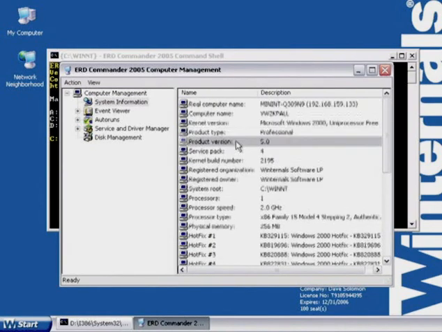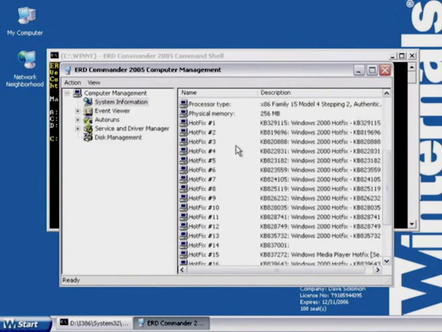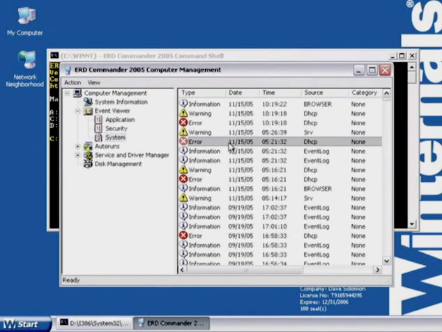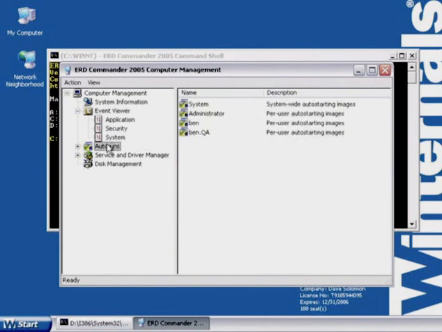Here in computer management, which mimics the standard computer management MMC snap-in in Windows, you get system information, so you can look at attributes of the operating system that you're trying to repair, including what hotfixes it has installed. You get access to the event logs, so this is something you can check to look for problems that might be related to the reason that the system's not booting. Like I mentioned, Autoruns is in here, so you can look at the autoruns for different administrators or different users that have logged onto this machine.